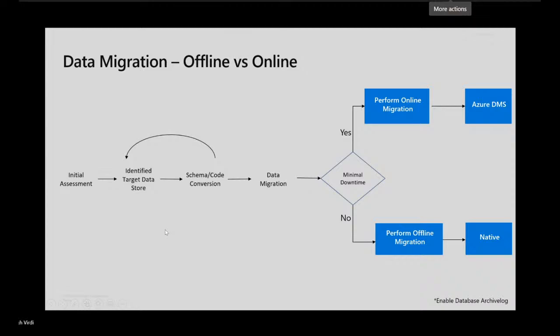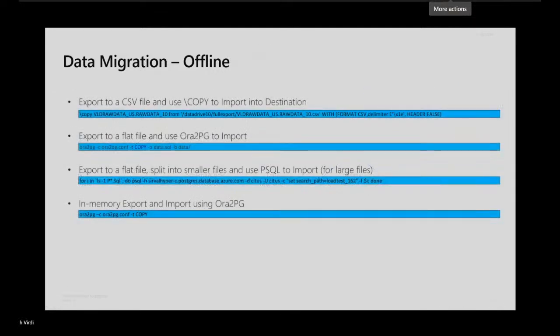Right? So with Ora2PG, we will look at initial assessment, identify the target data source based on the assessment, do a schema code conversion, do the data migration using DMS or using natively, right? DMS I will talk about a little later, but let's say if you have to do an offline kind of migration, Ora2PG can be used to export the data into a flat file as well, and then use Ora2PG again to import it back to PostgreSQL also, right?